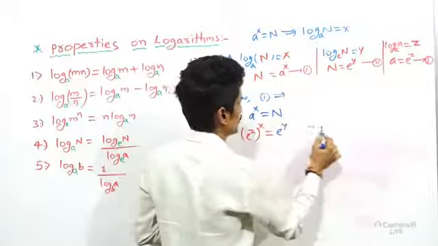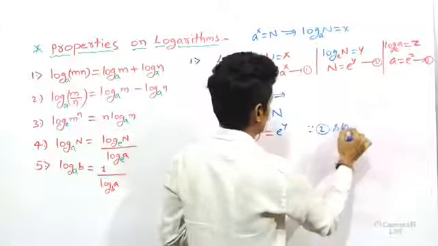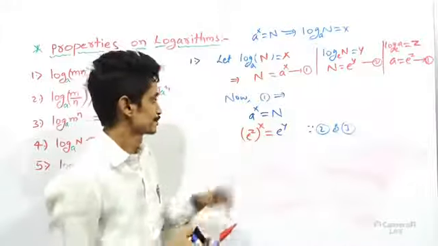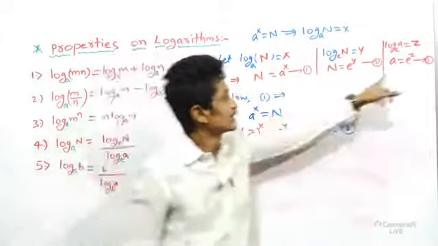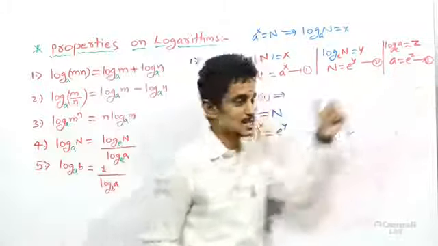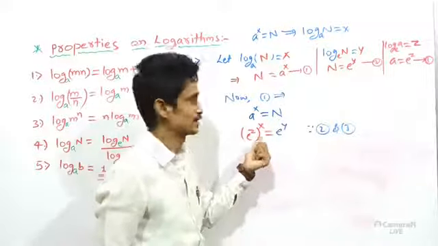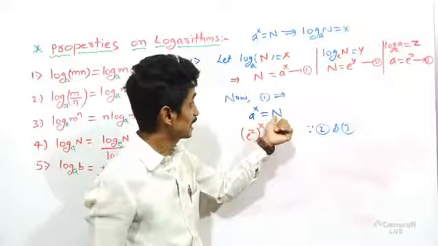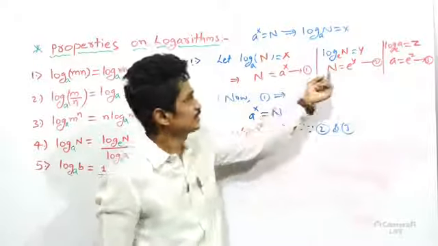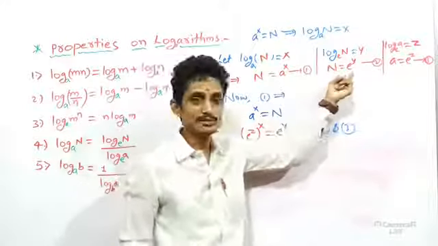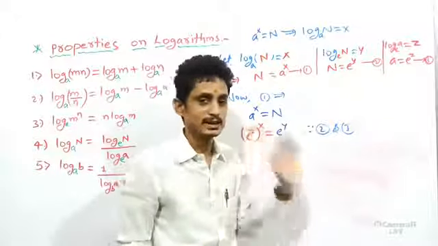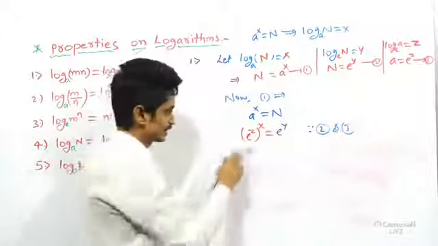Which equations I applied? Equation 2 as well as equation 3. Once you look, a power x equal to n is equation 1. What is a value? A value I have e power z. I written e power z whole power x. And RHS side n I have. What is n here? One more value we have, that is e power y. I taken e power y. So look at on LHS side.